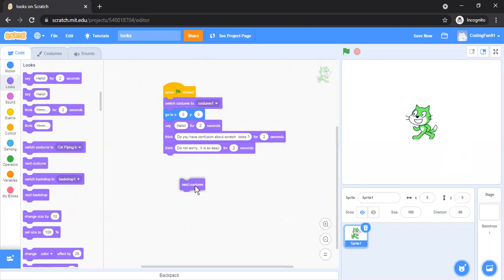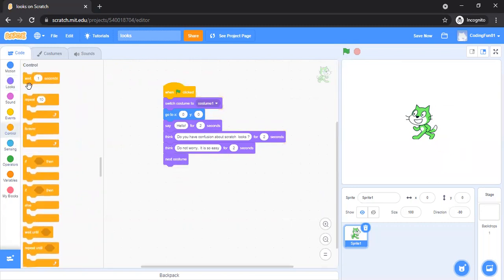Now most interesting part is next costume. I'll just take a control of forever and fix it. Next costume inside it, and let it wait for 1 second. Fix it here and check what is happening. See.